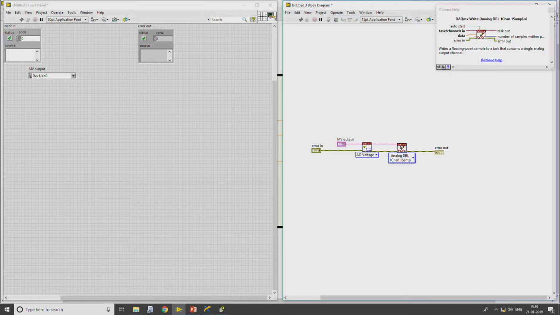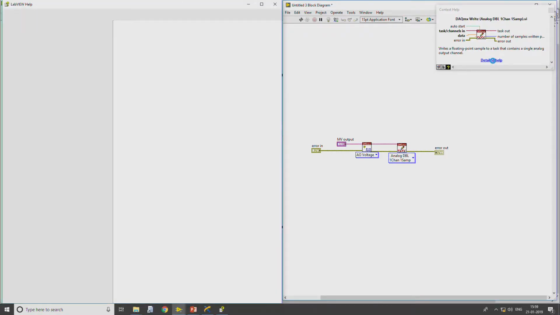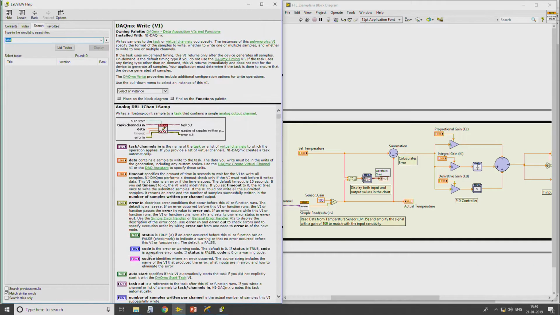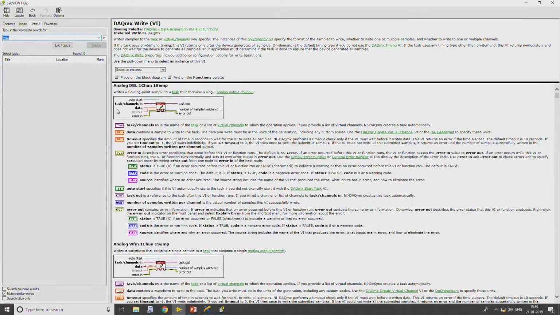The detailed explanation of this particular block can be easily seen here by pressing Ctrl H or going to the help window. This is just a summary, and if you require the complete help for this particular block, you can click on the detailed help. It gives you information about the module we have selected in LabVIEW. In this case, the bold terminals are compulsory to be connected.